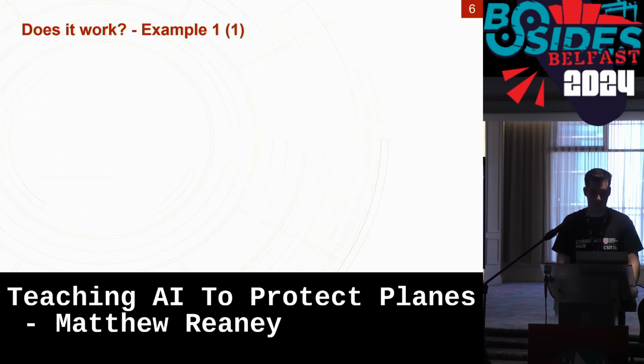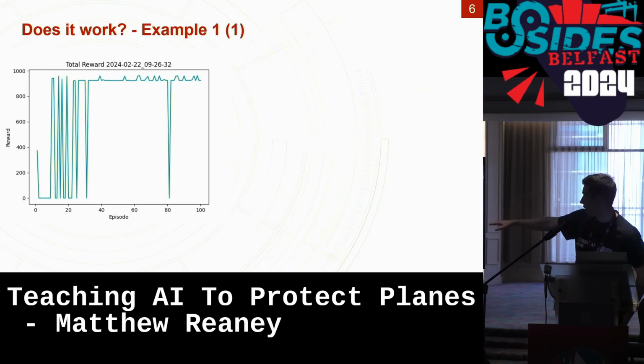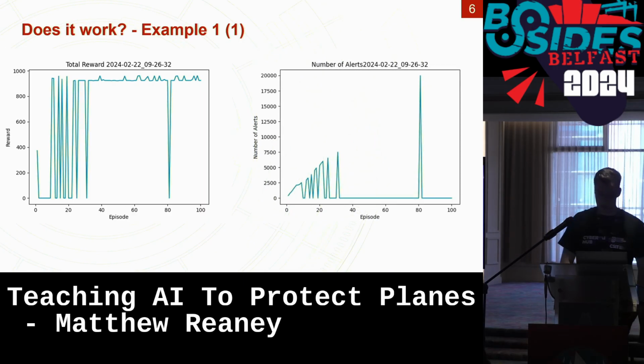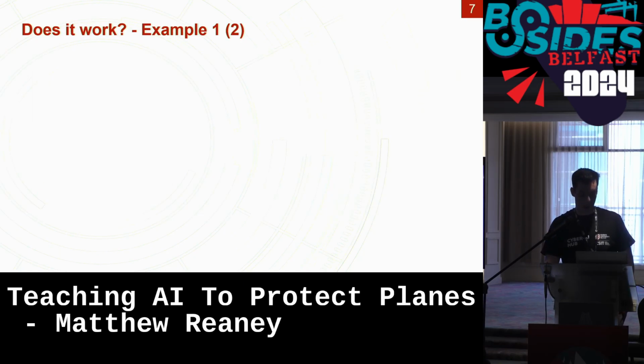So, does it work? Well, my first example, we see the reward is quite low, and then it goes high. Now there's an anomaly in there. We all have those in our data, around 80. But it looks pretty good so far. But if we look at the alerts again, we go a wee bit deeper, and we can see, okay, there's a few alerts at the start, but they stop. So maybe it's solved the problems. Anomalies in this one too.